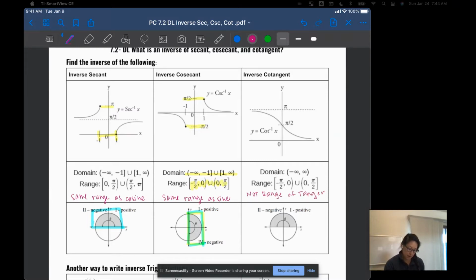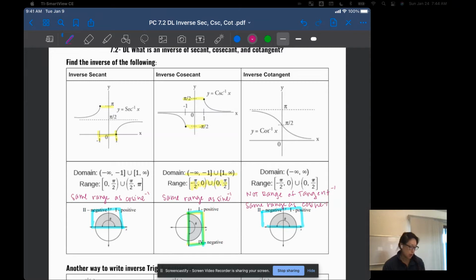This is one that's a little different. We notice that the range is between quadrants 1 and 2, so it actually has the same range as cosine. So we're going to use cosine inverse to solve our